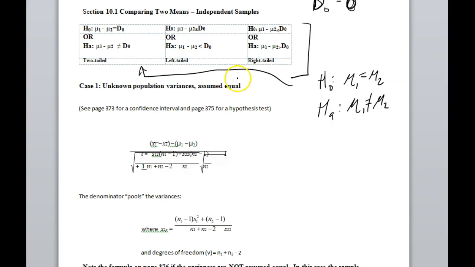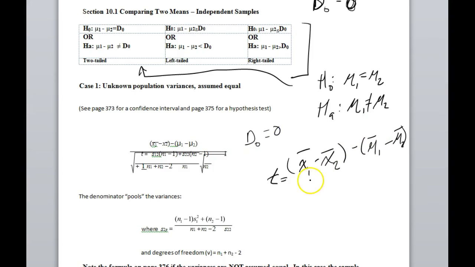There we are. And that formula, from what we just saw, is going to look like t equals x1 bar minus x2 bar, minus mu1 minus mu2. Right, so this is the difference between mu1 and mu2. And a lot of the time in our H naught, we're going to propose that this difference is d naught, which is 0. So a lot of the time, the top of the fraction is just going to be x1